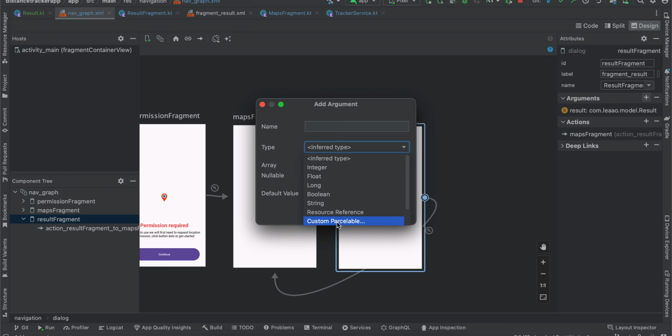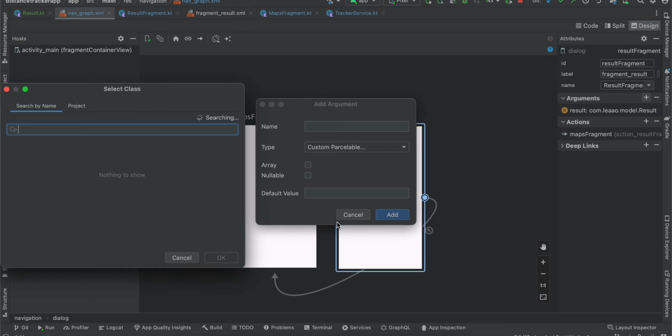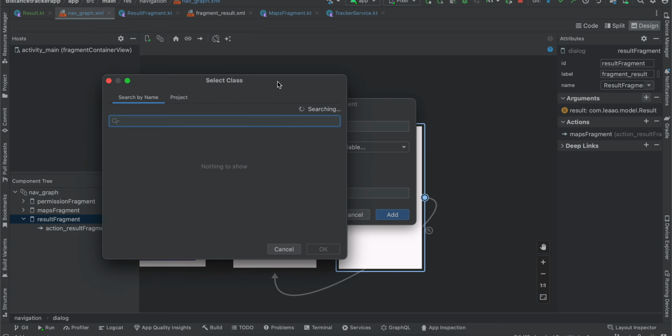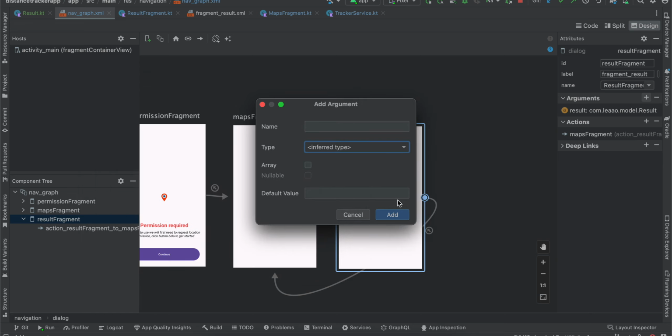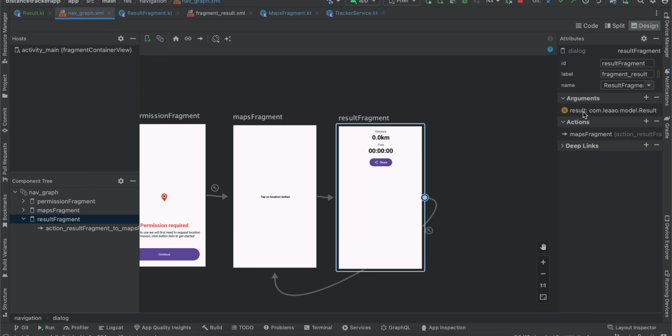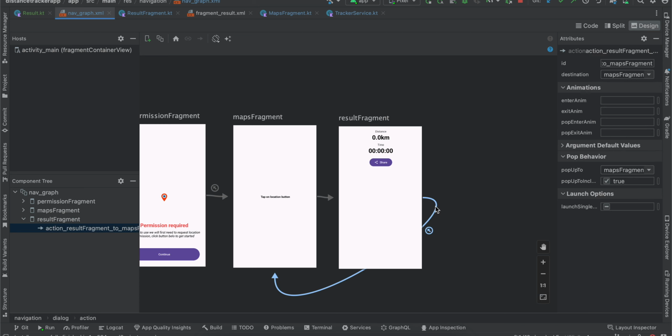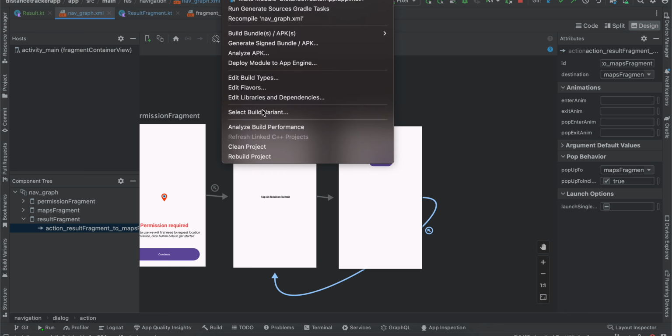Okay, and once you select custom parcelable, it will start searching inside your project, and here you can see it has automatically presented that result to me. So just select that and click add. I have already added it. Once you do that, next thing is select this line which goes from result fragment to maps fragment. Inside pop behavior, you will have to select pop up to maps fragment and pop up to inclusive, make this as true. Next, make sure you build your project, so just click on build and